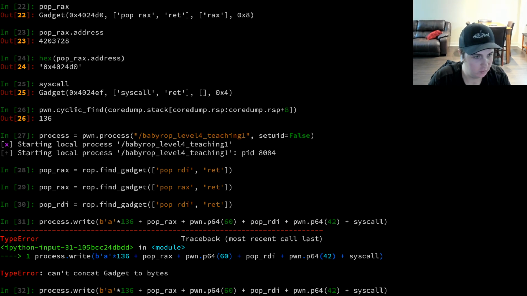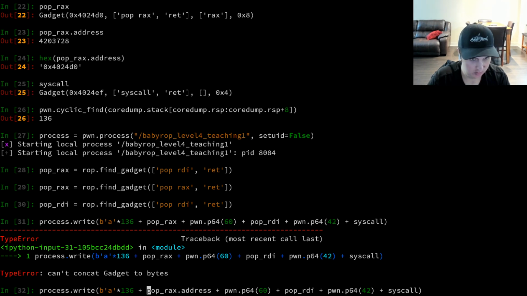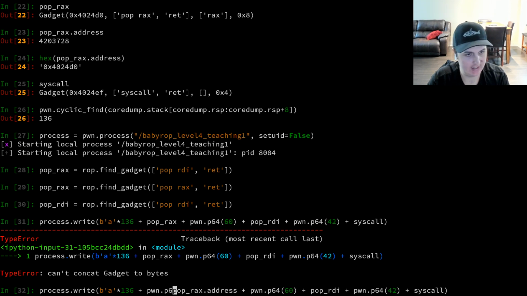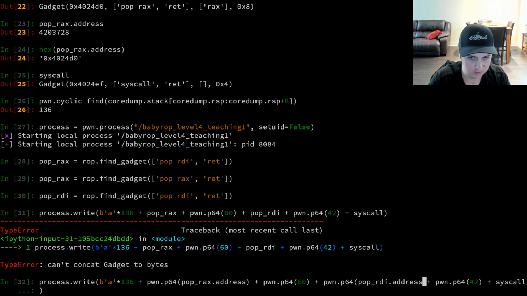What we can do to correct this, so there's a number of ways to convert these pwntools gadget things. You can see here, this isn't just a well-formed gadget. I think there's a number of ways to do it. A simple way, using what we've already seen in the past, is just pwn.p64 and take the address of pop RAX. And we do the same thing here. pwn.p64, the address of this gadget. And again, pwn.p64